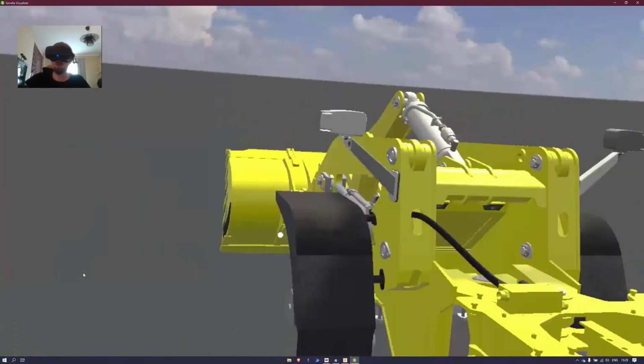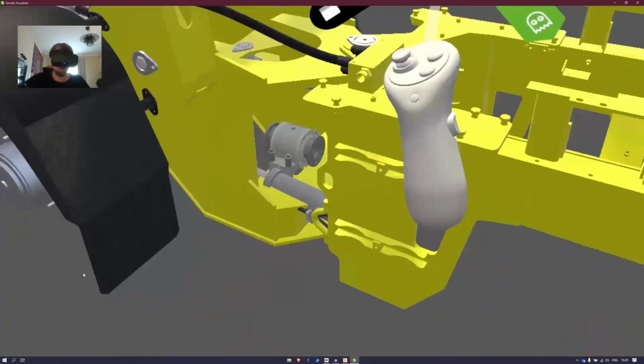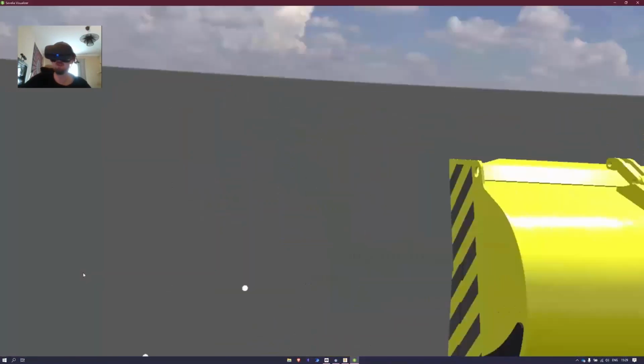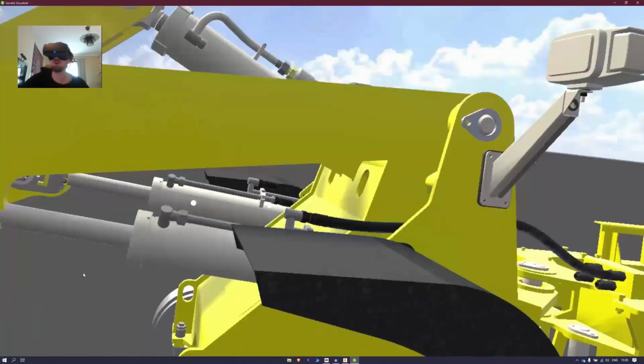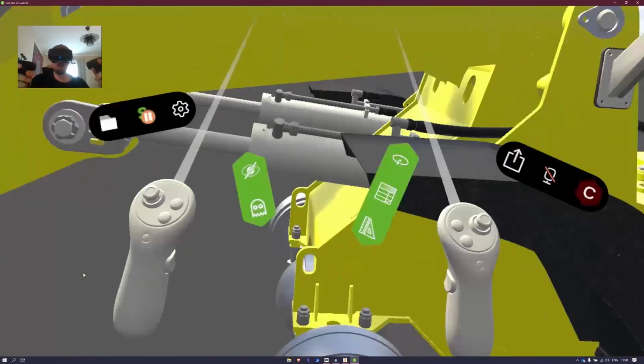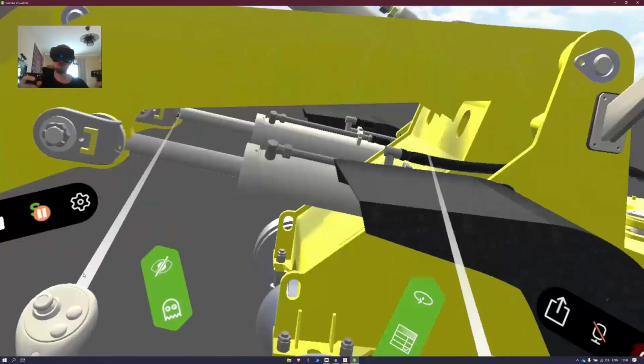I can actually move around the model and look around it. Now currently I'm sitting in my chair, so I don't have a lot of room to move around. But if I was standing up and walking around, I could actually walk around this model. And inside the VR, we have the same controls that we'd have